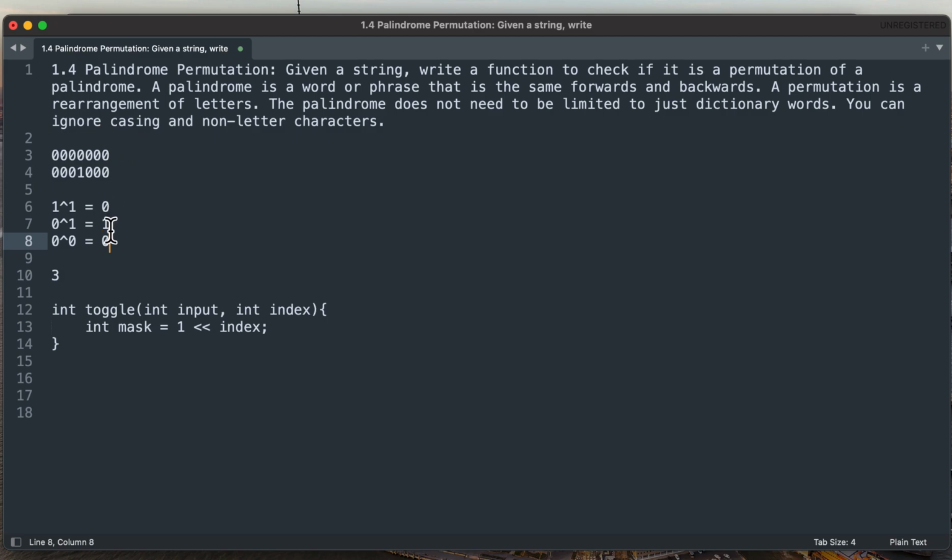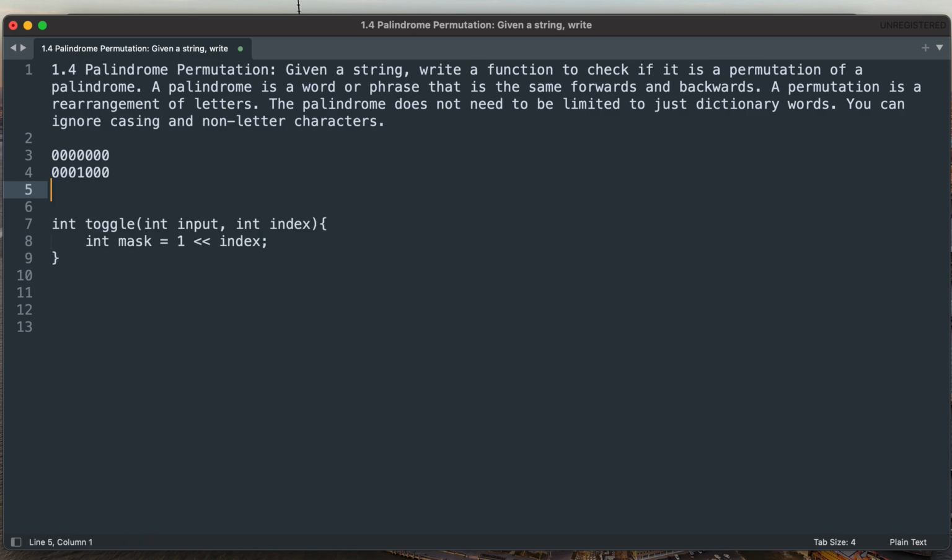So it returns 1 only if the two bits are different. This way we can use this logic to toggle this one right here. So basically, we shift this number of times to the left, and then we're going to do an XOR. So input is equal to input XOR mask, and this notation can be simplified as